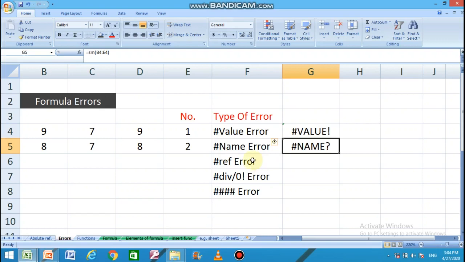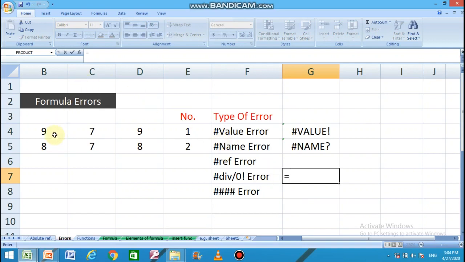The next is hash divide error. Hash divide by 0. Students, whenever you divide any value by 0, this error occurs. Suppose I am dividing 9 by 7.